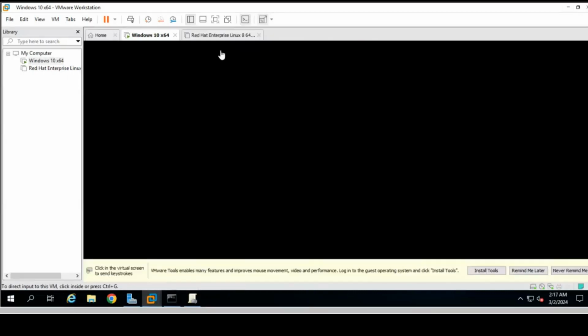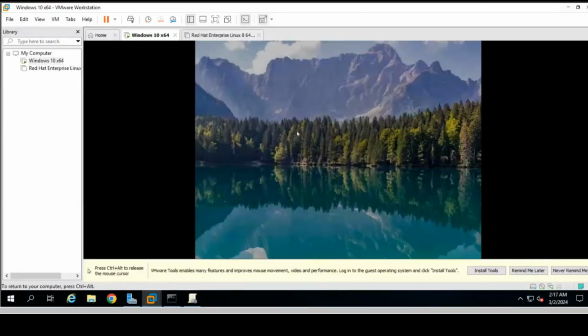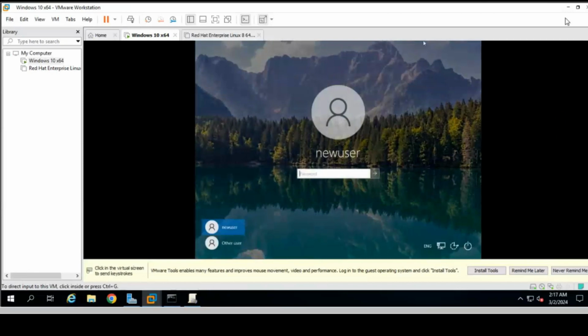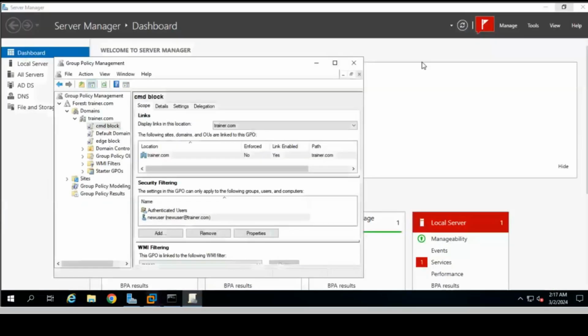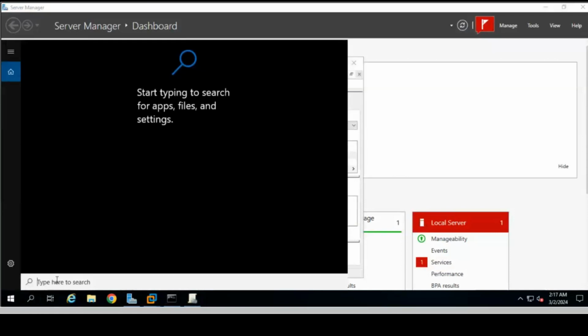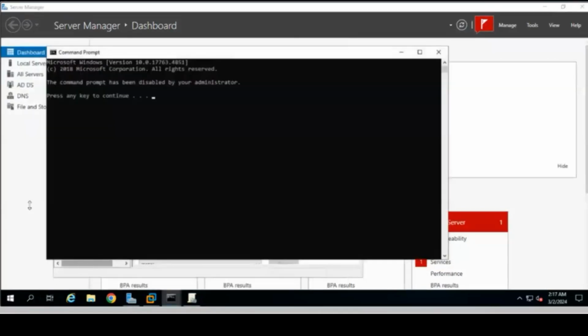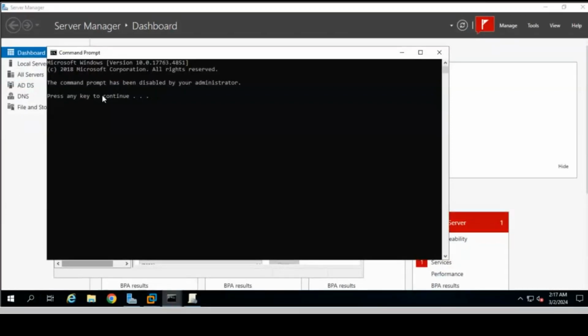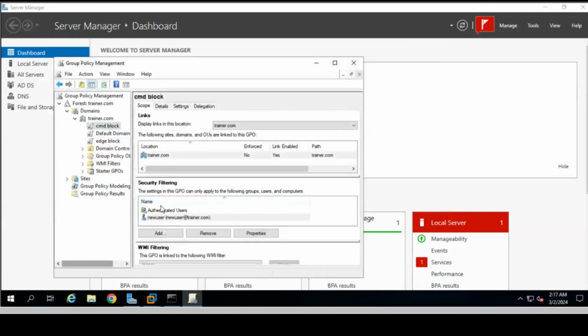Now the next thing is, when we applied this policy, it is applied on the client machine, but the fact is also that on this server machine also, if I try to open CMD, CMD is blocked. When we applied this policy on the client machine, it is also applied on my machine. Why?